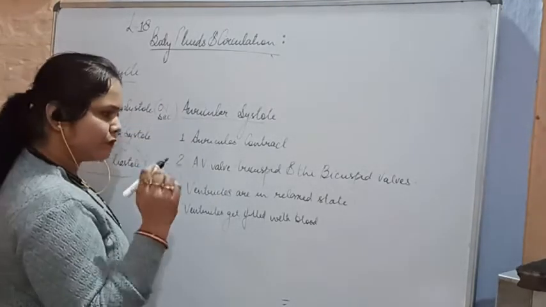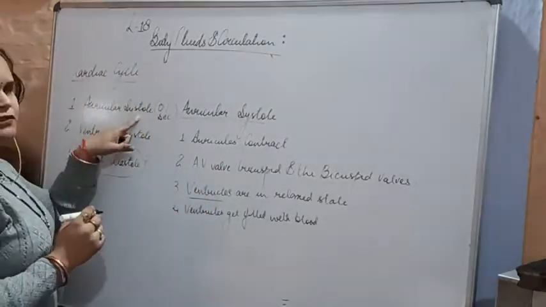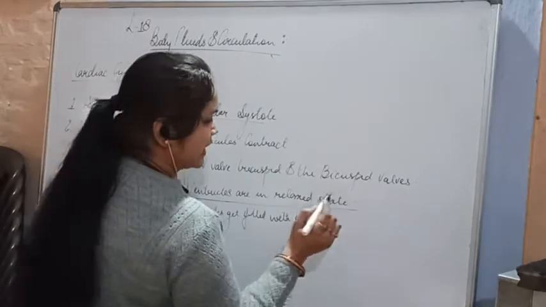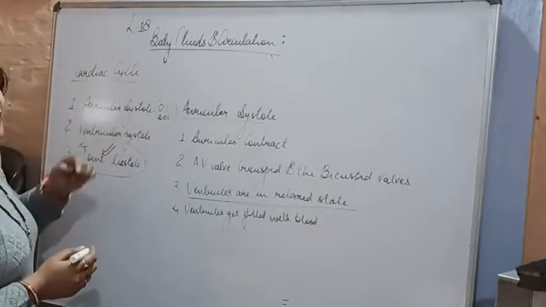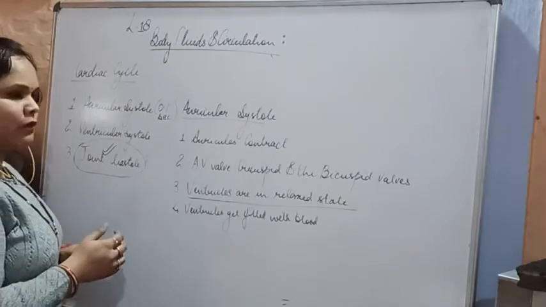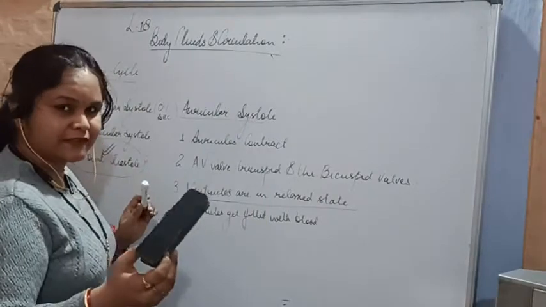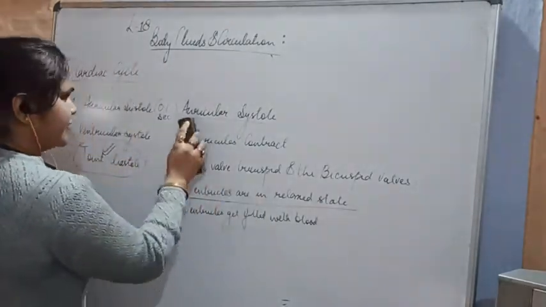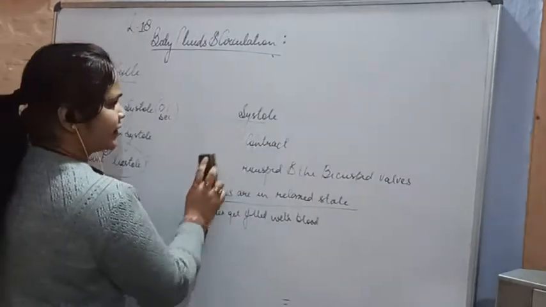The thing to keep in mind here is that the auricles are in systole but the ventricles are in a relaxed state. So this happens basically in the auricular systole. Here in the auricle the pressure will be more. That is why it is happening. The next thing we have to do is the ventricular systole.